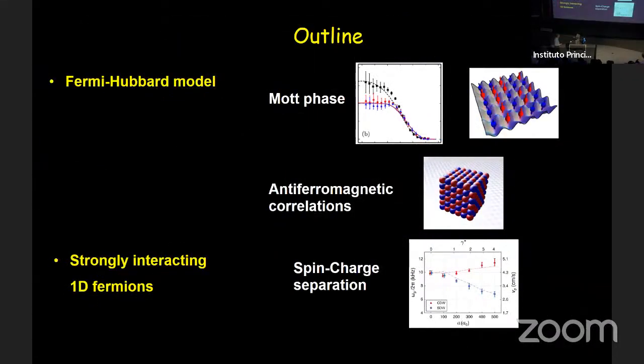All right, so here's a little outline of what I'm going to be talking about. The first experiment was done a few years ago now, so I'm not going to spend a lot of time on that. But we studied the Fermi Hubbard model, and I'll describe what the Hubbard model is in a moment. And its attributes in the region that we were studying are